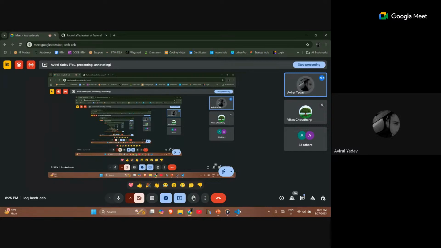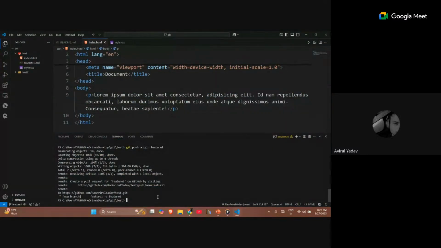Now, similarly, if you do want to delete a branch, there is a simple step which we call git branch -d, and then the name of the branch that you do want to delete. I currently do not want to delete. For example, if I want to delete feature, I could have used feature 1, and it would be deleted within that step. It would be pushed back and uncommitted, and later we could have added it. No problem with that. Currently I do not want to do that, so I won't go into that. I hope that doesn't make any issues for you guys.